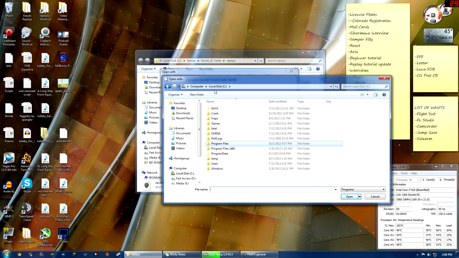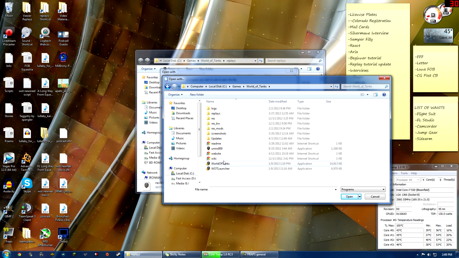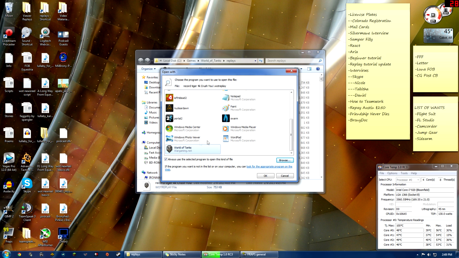For me, it is in my C drive where my operating system is installed. In games, so just go into games, World of Tanks, and right here, you will see this World of Tanks exe. Now, you don't want the launcher. I'm not 100% sure if the launcher works, but just go for World of Tanks. That should be the file. I have tested this out. I know for a fact the World of Tanks exe works. The World of Tanks launcher, not so sure, but why bother with it if I know the other one works just fine, right? So once that is set, simply open,